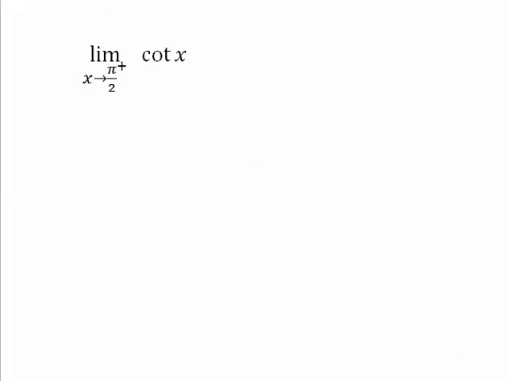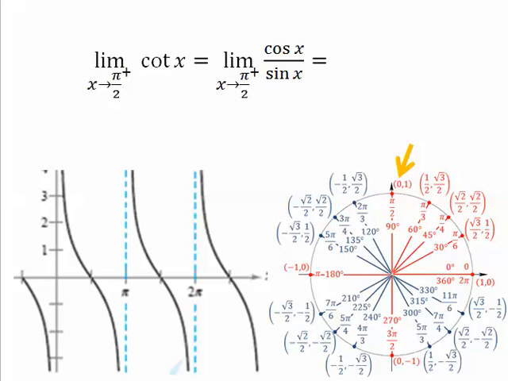Before I leave you, I'd like to give you a little warning. You need to know where your asymptotes are to do this. So what about cotangent as x approaches pi over 2? Well, cotangent does not have an asymptote at pi over 2. And why is that? Well, cotangent is cosine over sine, and sine of pi over 2 is just equal to 1. So I don't have an asymptote, and in fact, my function in this case can be found,